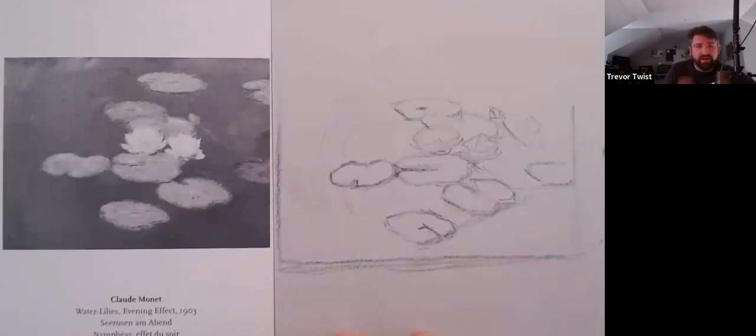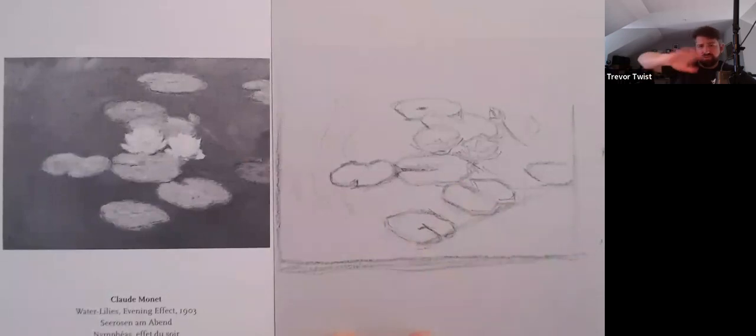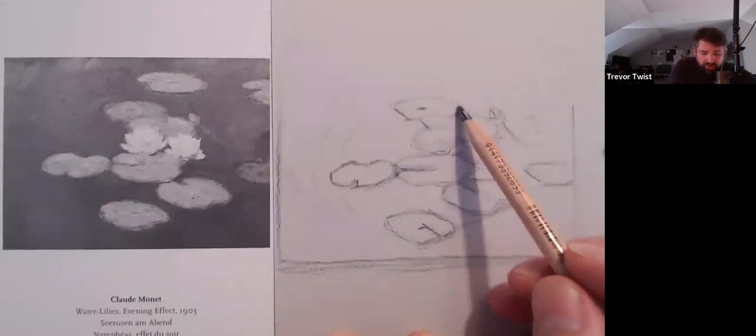And we haven't started any toning or anything, and it might change, but if there's anything that I would really want out of my sketch at this point, it's that these lily pads, regardless of their axis, which way they're looking or whatever, are all on that same flat, that same angled plane of the water. And it seems to be happening. It's kind of exciting. Okay, we got another gutter or another estuary